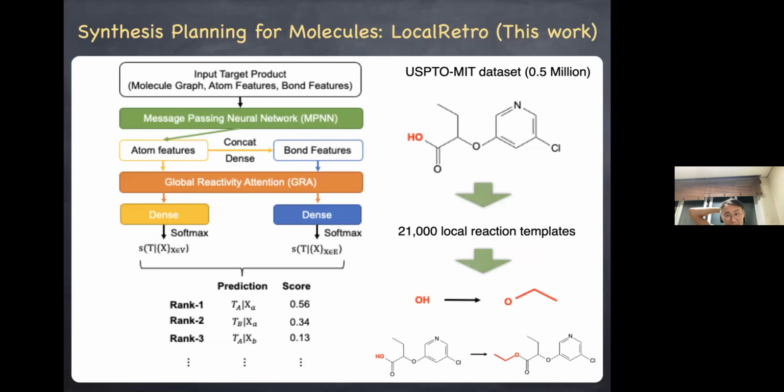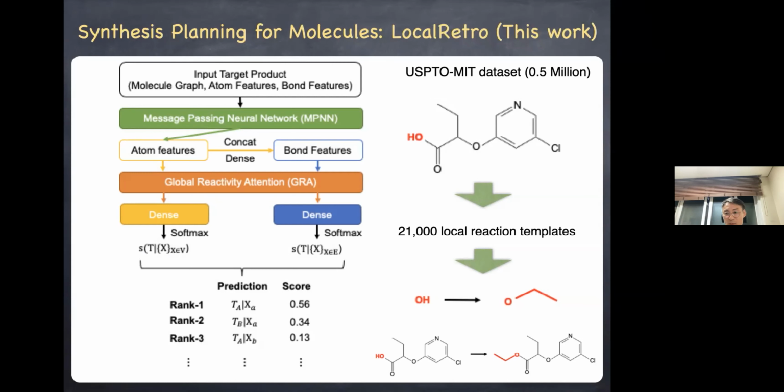For example, on the right-hand side, you can see that for a USPTO patent data set, there are about 500,000 chemical reactions, and we can derive about 20,000 local reaction templates. By local reaction template, I mean removing all the parts that are the same between the reactant and the product, and then you only look at the changes between the reactant and product.